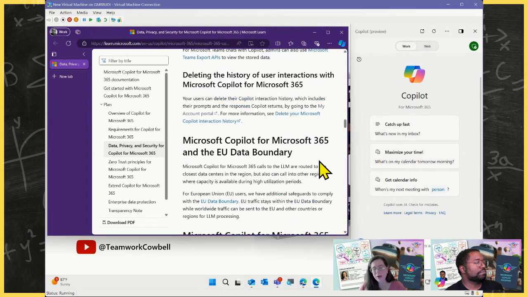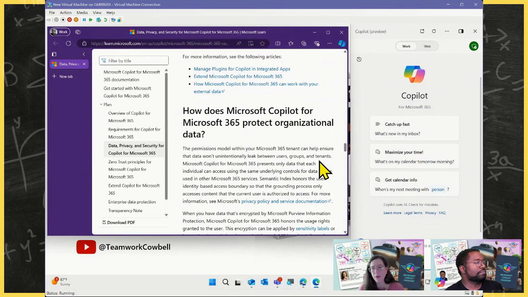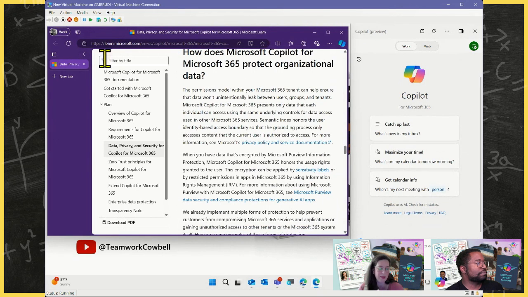That goes even further in making sure that your prompts and your responses are all protected by those same contractual terms and commitments that have been widely trusted by customers for a very long time. And it's going to include things like your emails and SharePoint and all of the content in Microsoft Graph.